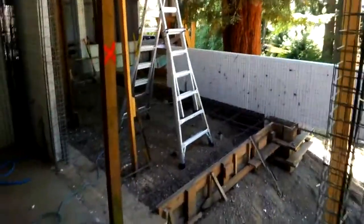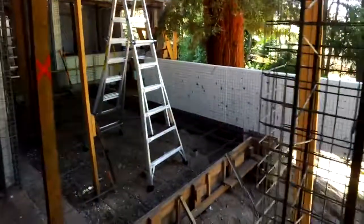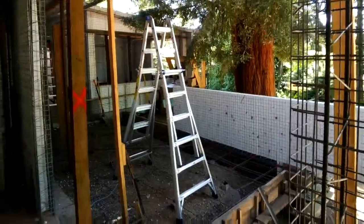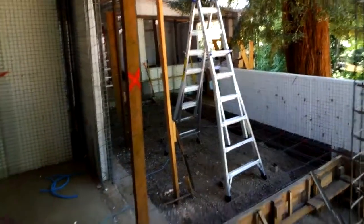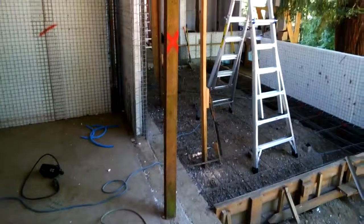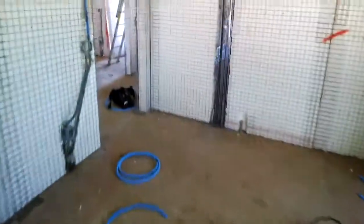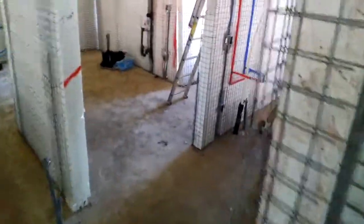This is the view that you would see back at the house. Of course, there is the large redwood tree that is estimated to be over 200 years old. And then you can see the corner of the house here and how it exists there with the big picture window in the wall and the sliding glass door that's there. So that is the downstairs quite well. We come back out the door